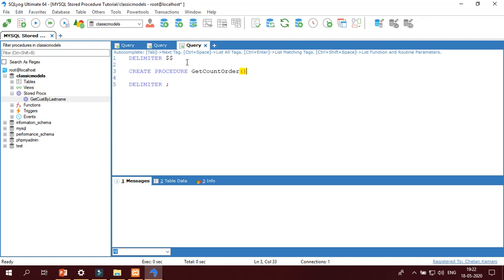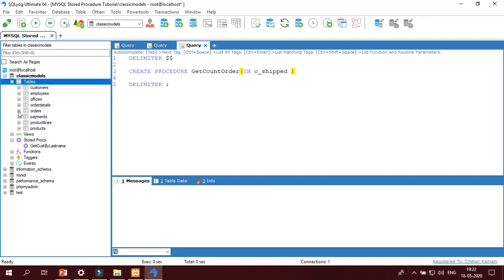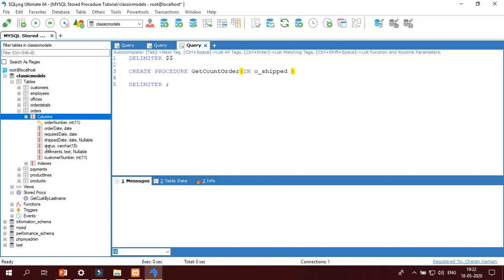Okay, this is the parameter mode, and order status is the name of the parameter. Then what will be the data type? I have to look at the orders table, the status column. The status is shipped, S H I double P, or I can say order status.